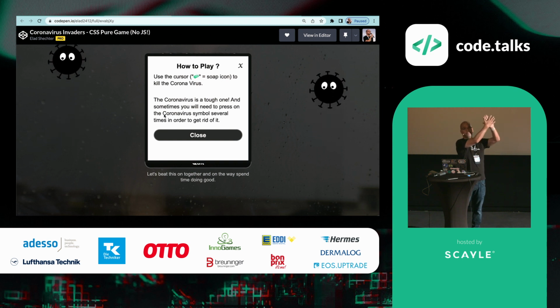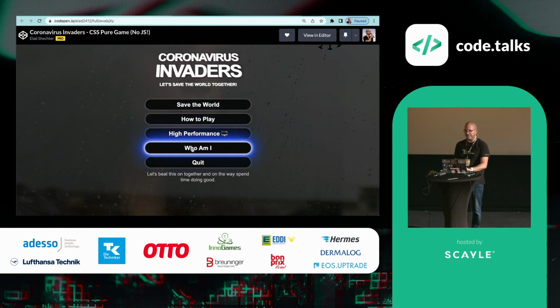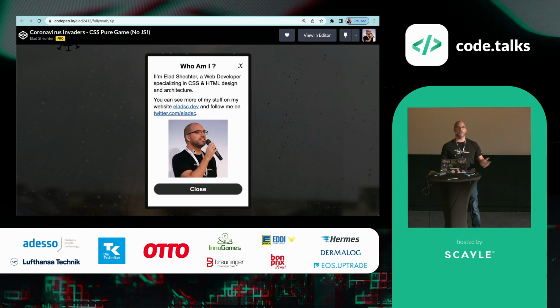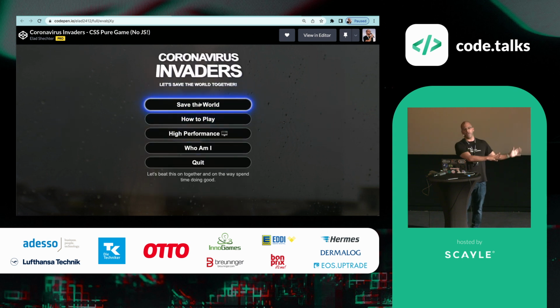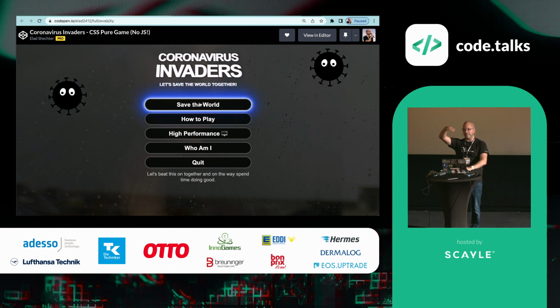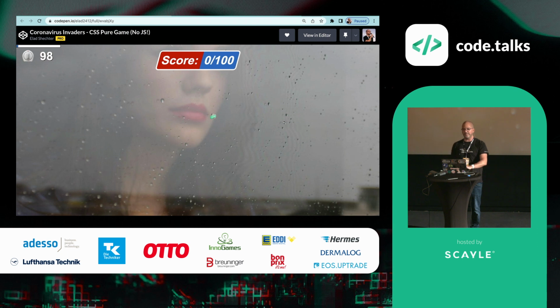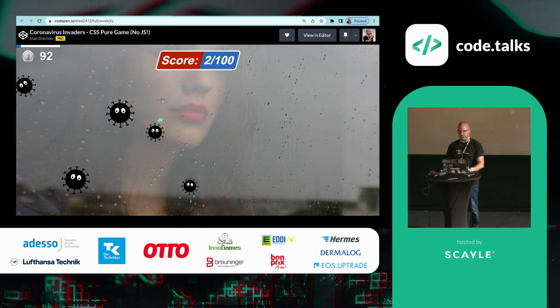And yes, we can put a frame above other frames. The third frame, in the same way, is when I click the OMI button, it will open another pop-up. This is the third frame that I need to represent in the HTML document. And when I click the Save the World button, the play button of the game, it will hide the game menu frame and open the game frame itself. And this is our last, fourth frame that we need to represent in the HTML document.